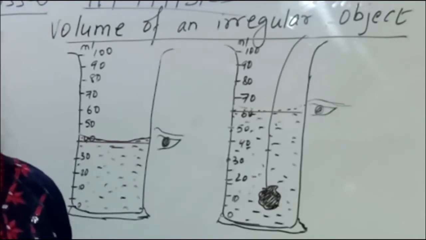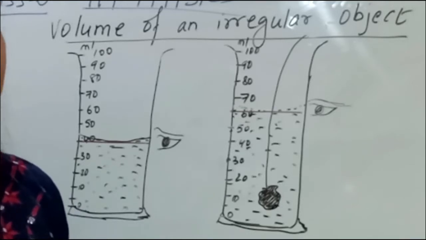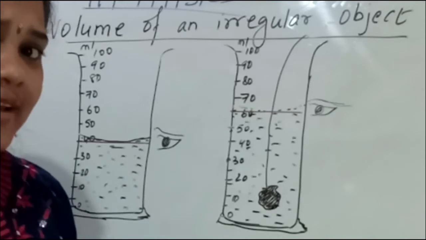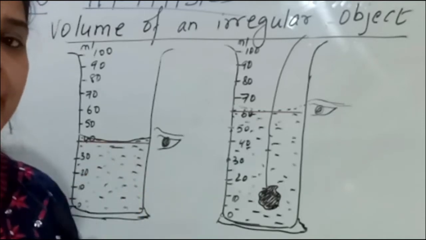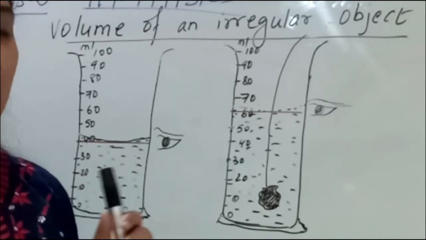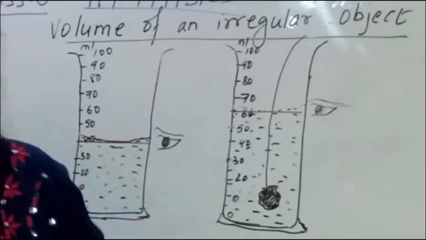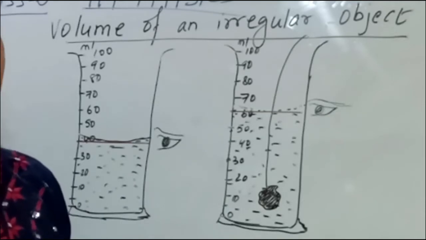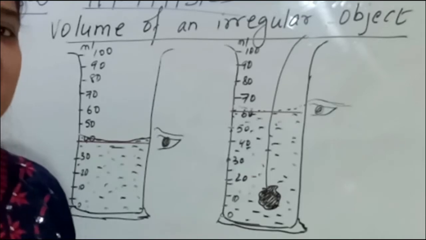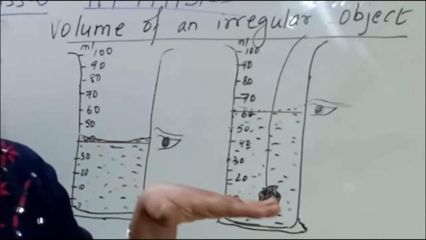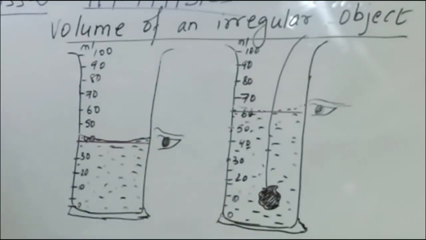than water. You see, the things which are heavy, whose density is more than the density of water. What is the density of water? 1 gram per cubic centimeter. Density of water is 1 gram per cubic centimeter. If the object's density is more than the density of water, it will sink in water. Clear? But if the density of any object is less than the density of water, it will float on the water surface. So here we are talking about the object.